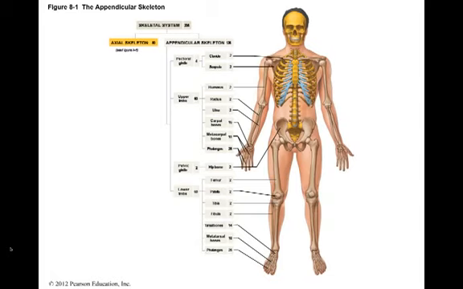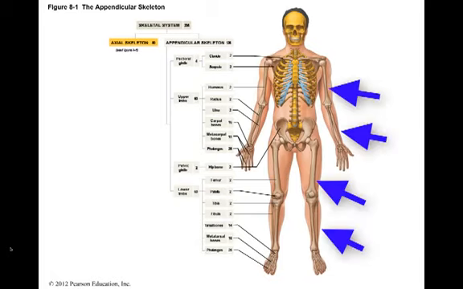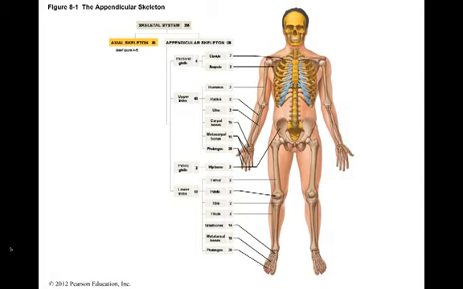The appendicular skeleton is dominated by the long bones that support the limbs. Each long bone has two epiphyses, and one of the epiphyses at one end of the bone will be called the head of the bone. The diaphysis is called the shaft, and the neck normally separates the head from the shaft. For example, the upper arm bone called the humerus will have the head of the humerus, or the humeral head,